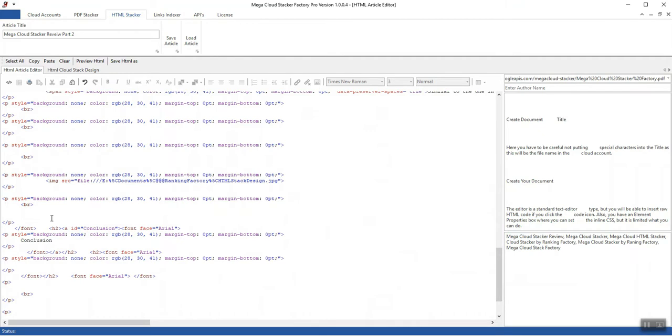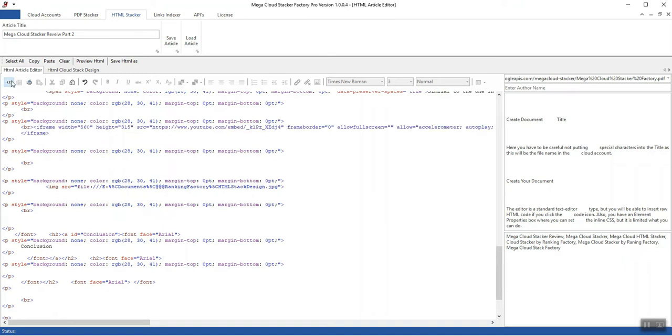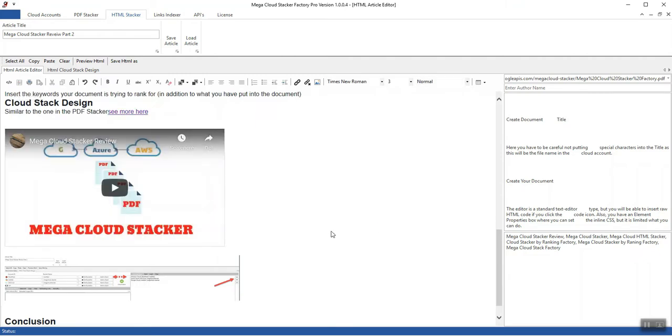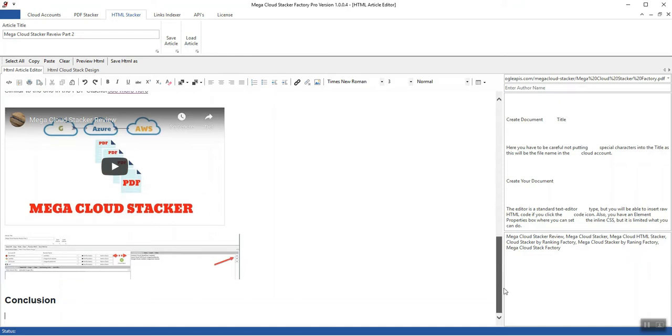I'll copy that out and go up a further step to around here. Then it's much better. So here you can see I put it above the image here. I need to write a conclusion. I'll do that, and then I should be ready to